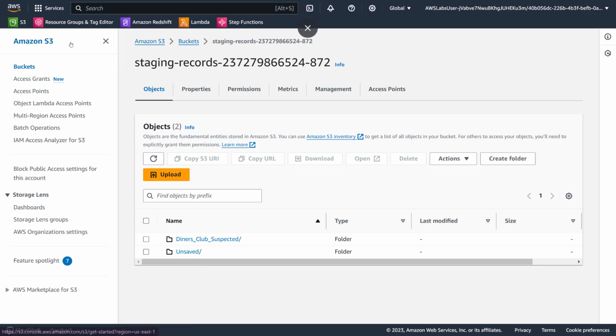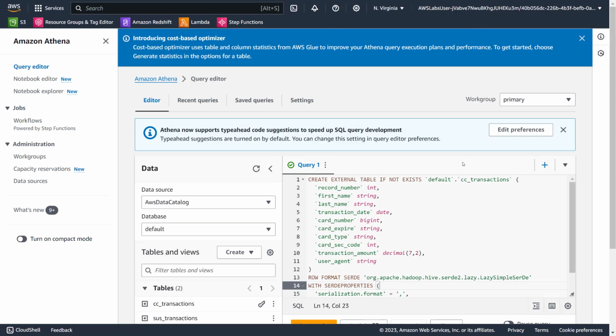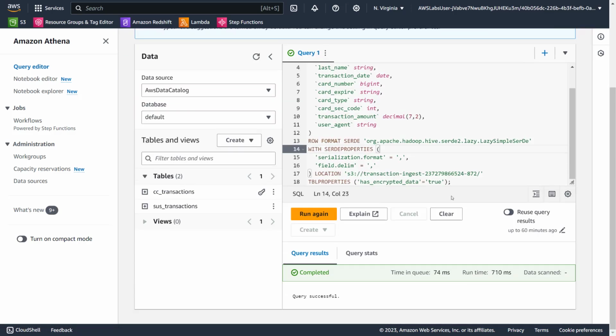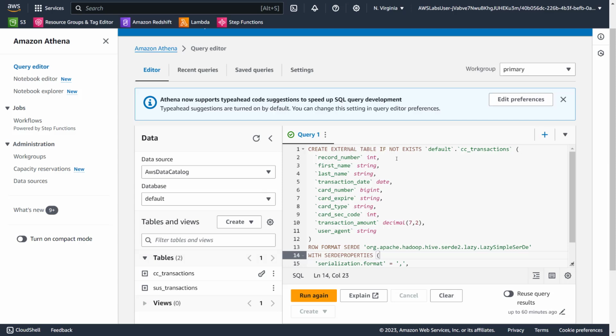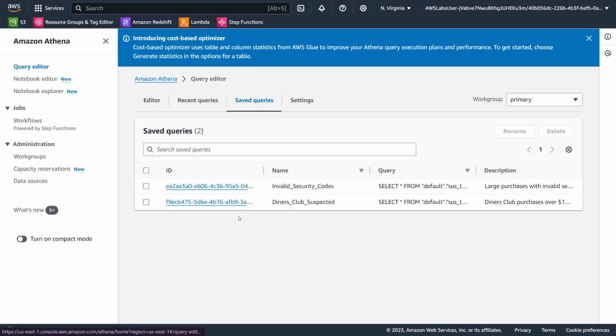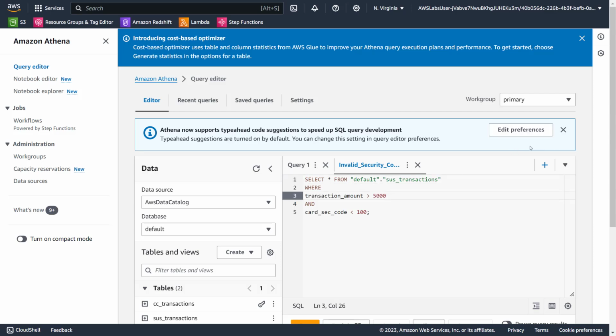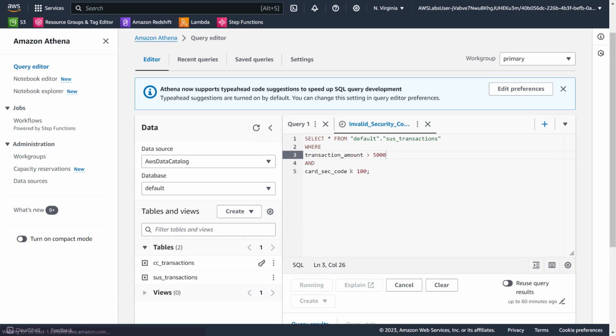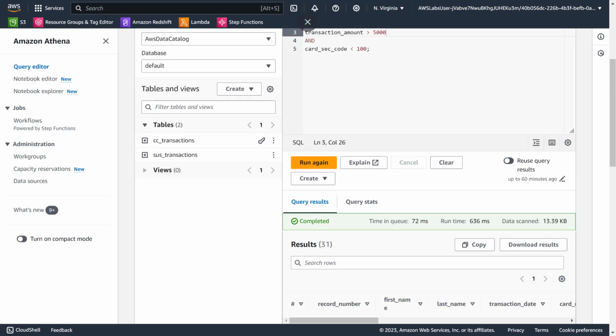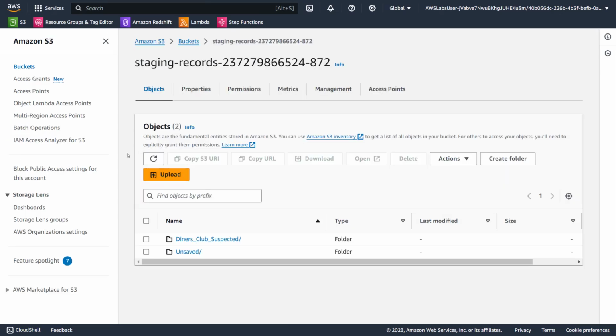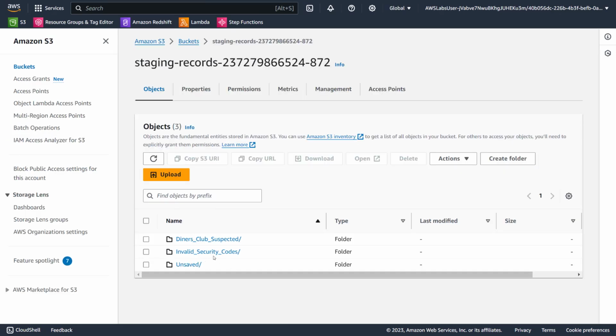Maybe I have to go and run it again. Saved queries. I think this is not good. It's not created. Let's run this. I think I didn't run this. That's the reason. Okay. Now let me go back, refresh it. Okay, I have it here.